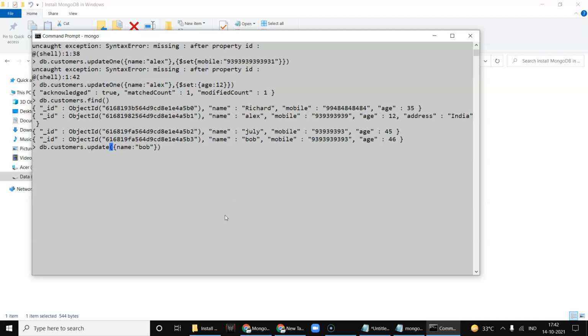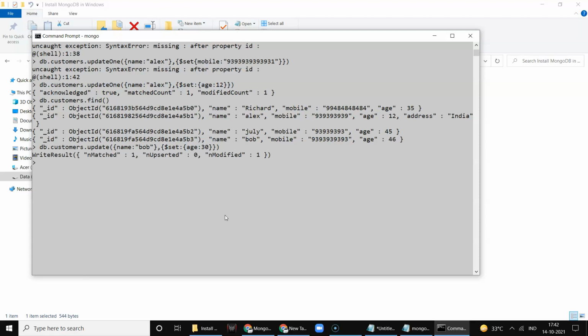Then comma, then open close curly brackets, inside the curly brackets $set colon open close curly brackets and pass in age colon 30. That's it.